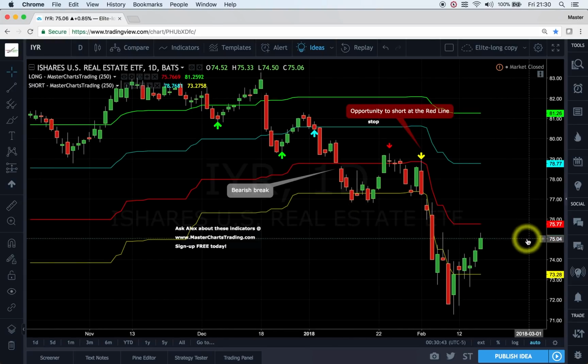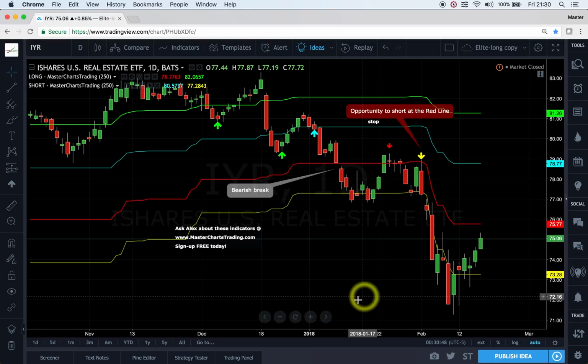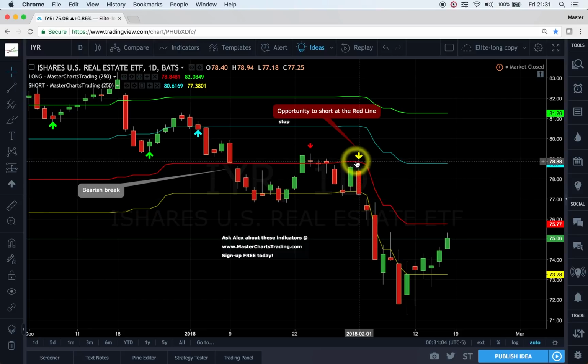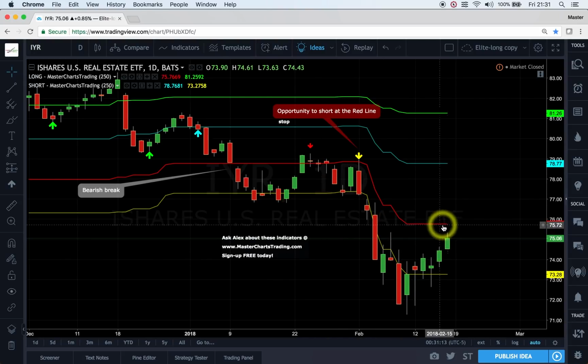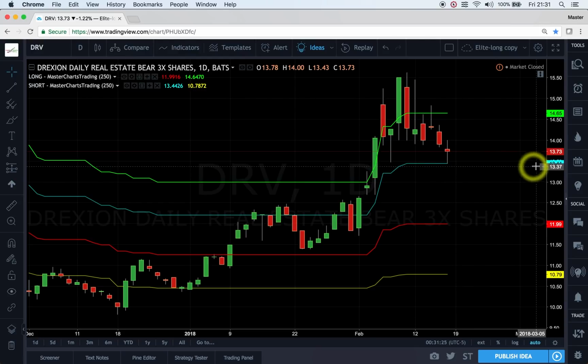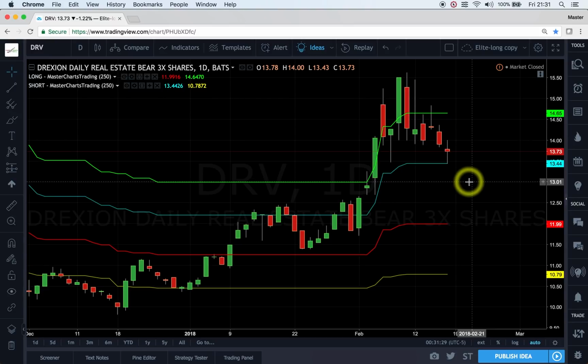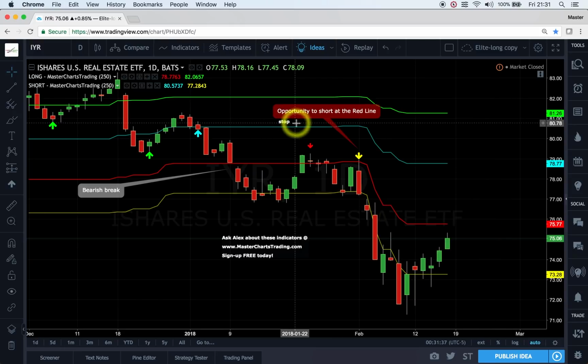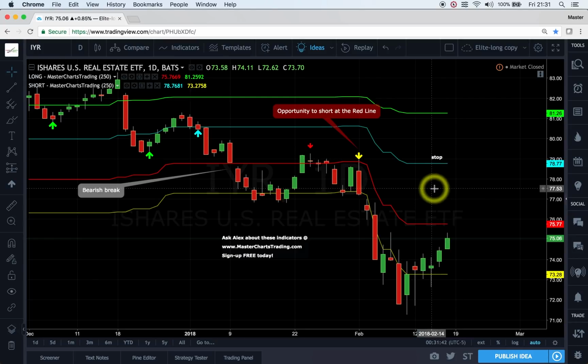Here's IYR, another interest rate sensitive fund. Notice the downward facing arrows. For example, here is one on the 24th of January, beautiful move down. Another nice opportunity is to basically short at the red line, and it worked out beautifully again. So we got two opportunities here. Again, we're coming up to this red line, so IYR could potentially be shorted at 75.75, and you can do it via inverse ETF called DRV. So if I was trading it, I would probably buy it at 13.40 or so. Don't forget there's slippage for triple leveraged inverse ETFs, so be careful with them. There's where I would put my stop. All right,